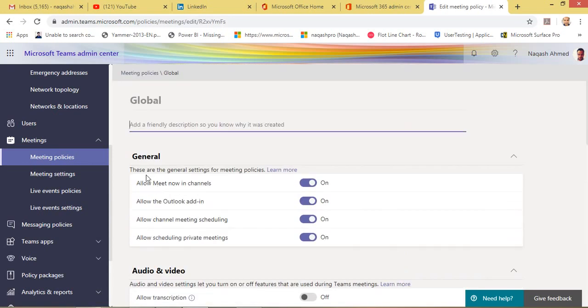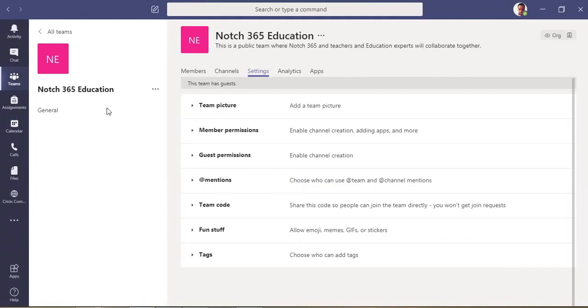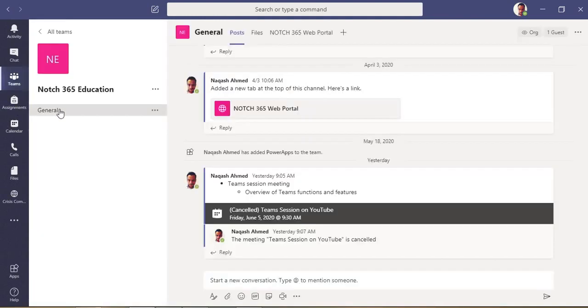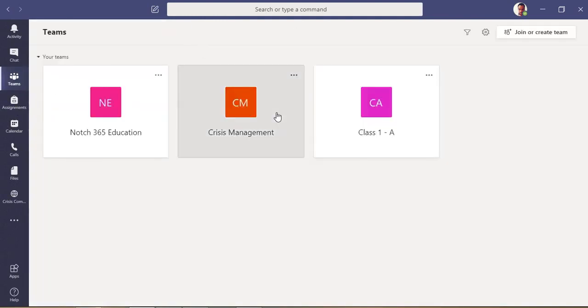What it says is allow Meet Now in channels. So this is the Meet Now button which you see here. Let me go to Teams.